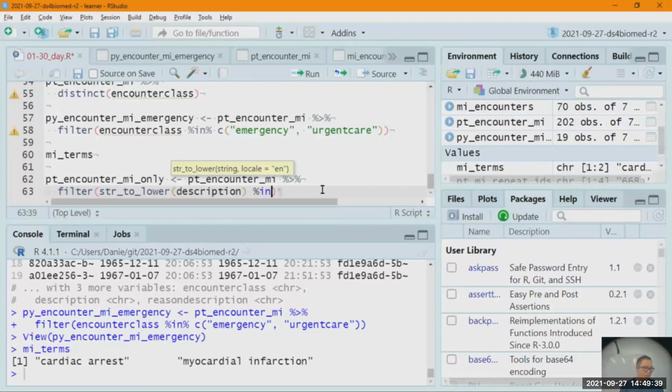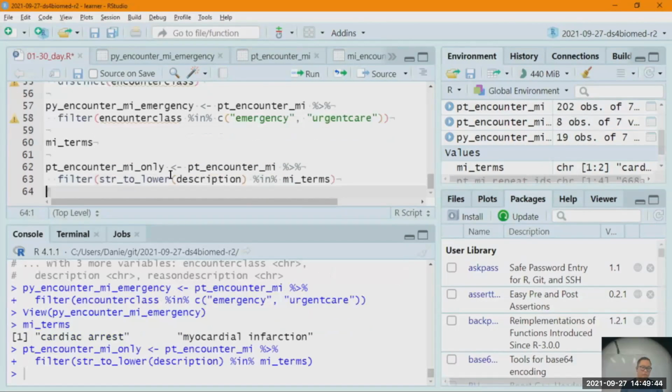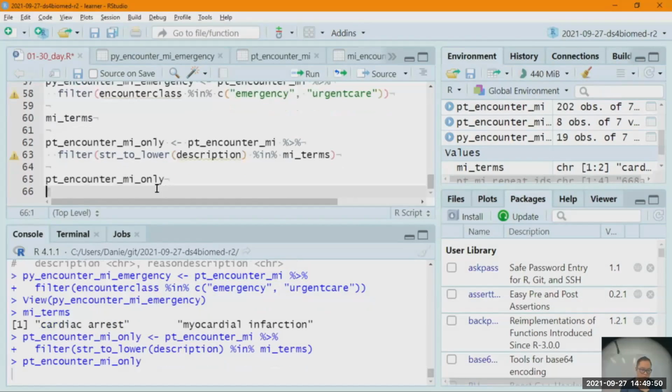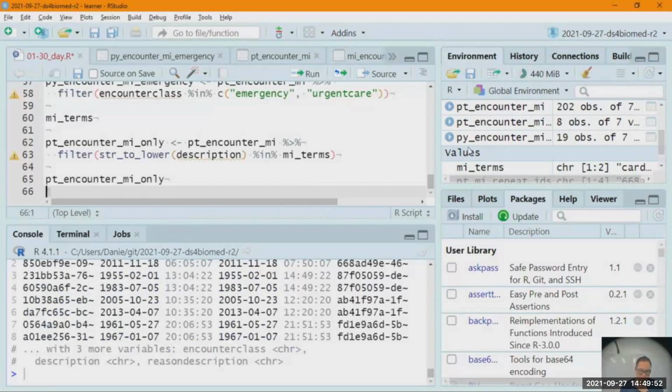Is it in the MI terms list? And you can see this is really useful because now all I need to do is change my code in one location and this whole report, or this whole batch of code, updates. So if I look at this data set, encounter only,